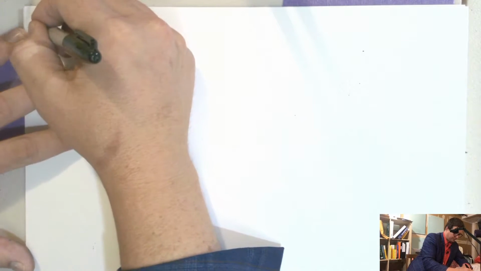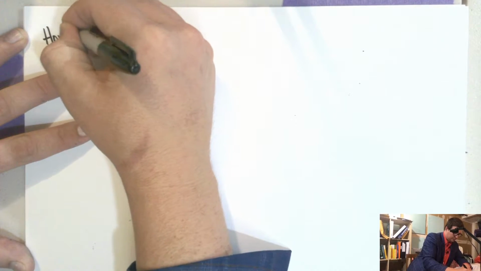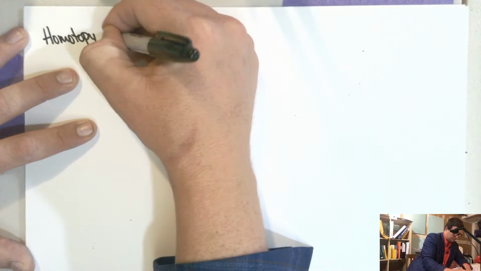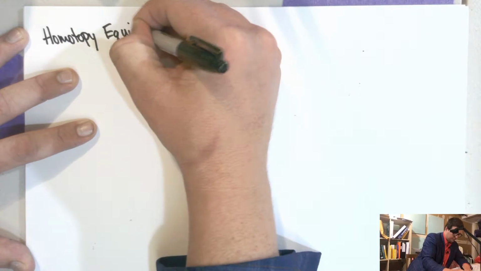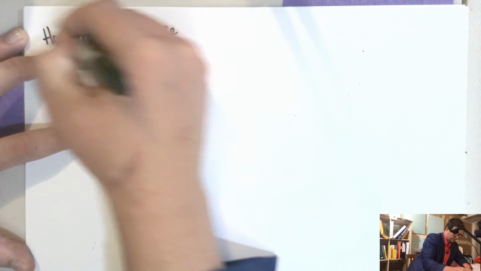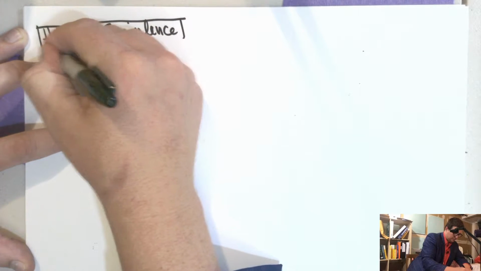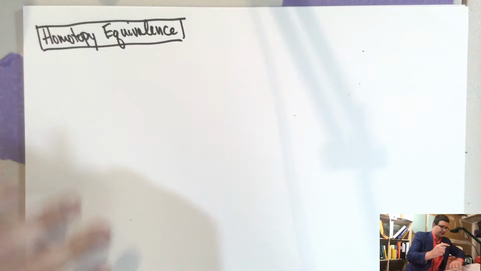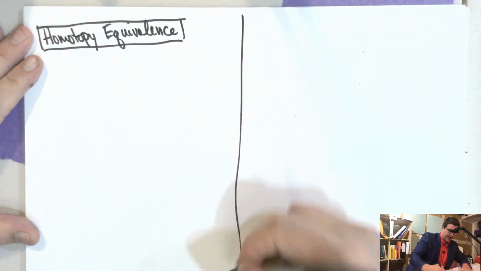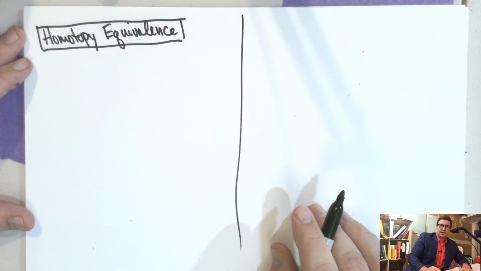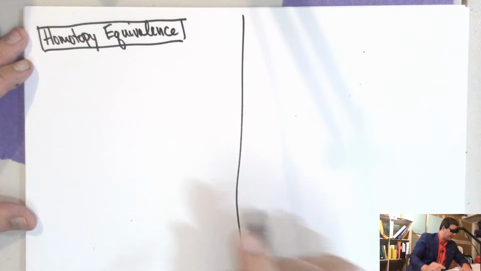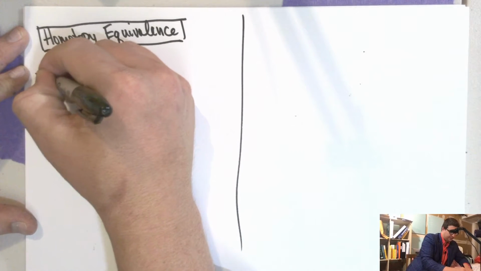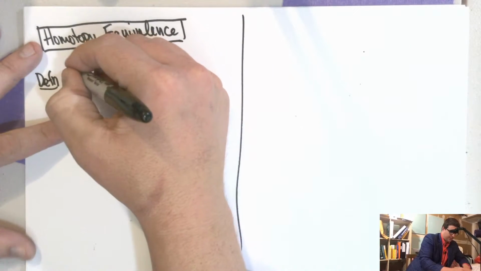All right. So homotopy equivalence. Okay, so I'm going to define this in kind of a funny way. I'm going to define a category, and then I'm going to define a homotopy equivalence to be an isomorphism in that category. So, definition. So the homotopy category